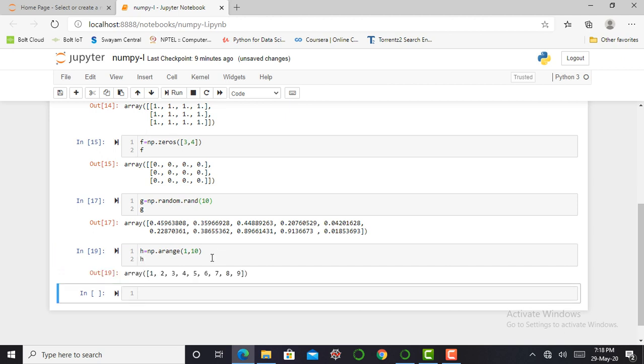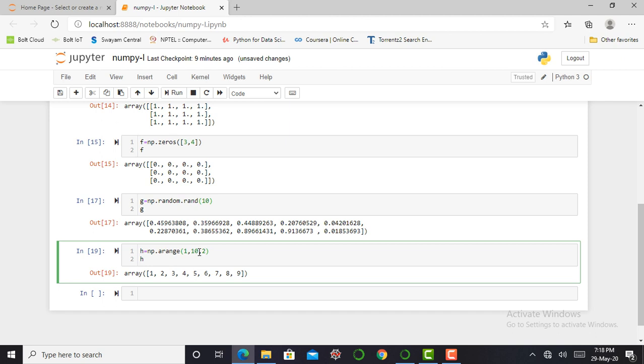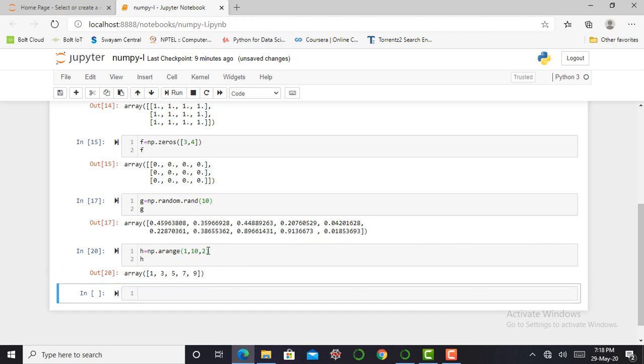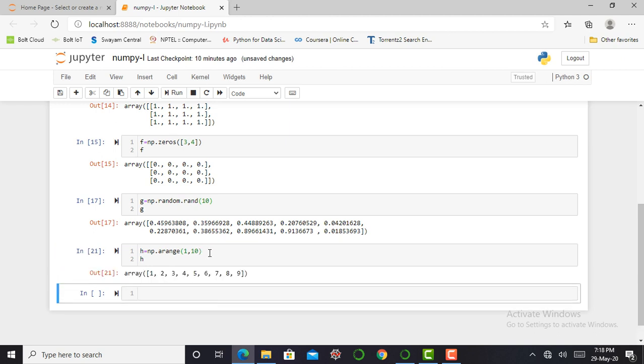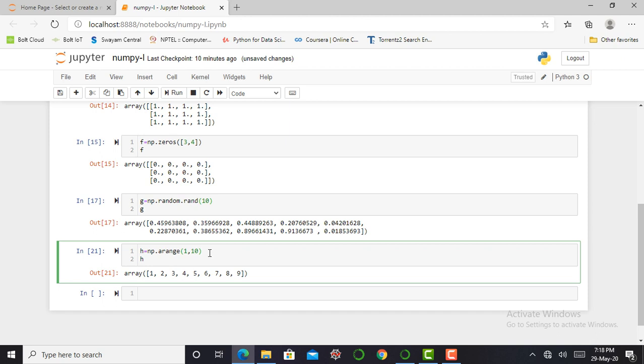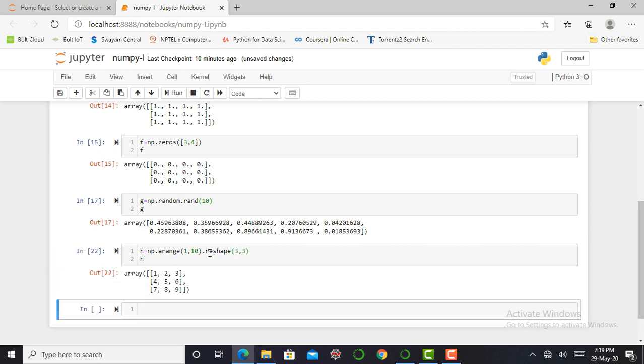Here you can see my array is created with equal spacing because I have not mentioned my step size. If I mention a step size, then the picture is different. But since I did not mention it, it takes the default step size, that is 1. So these 9 numbers I have to convert into a 3 by 3 matrix. Then I can use reshape 3 by 3 and it will convert it into a 3 by 3 matrix. That is the main use of reshape.